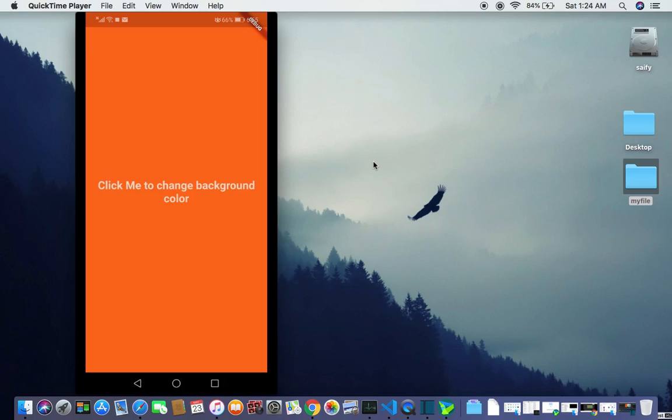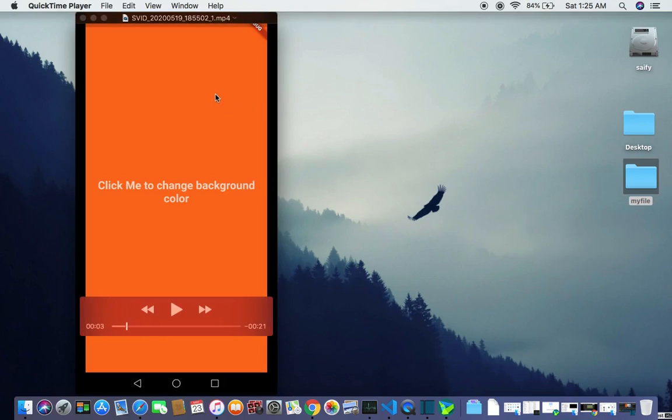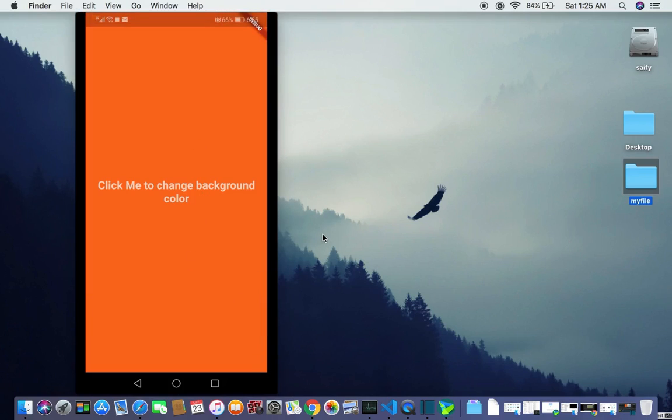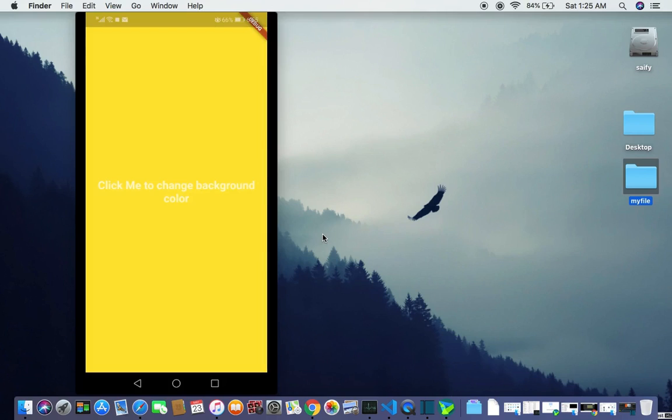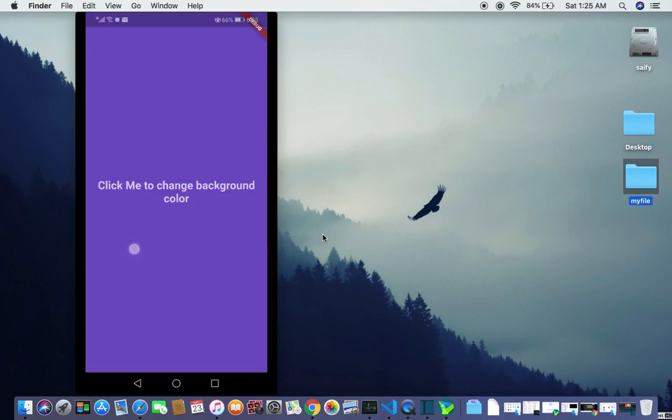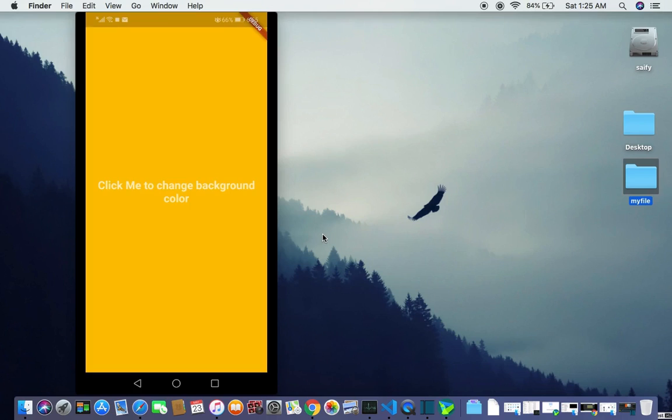Flutter is a tool used for mobile app development, and with one code base, you can target both Android and iOS. It uses the Dart programming language, which is extremely easy, and I have created my very first app in Flutter, which changes the background color when anyone presses the screen. Okay, I will show you the output demo of the app. When someone clicks on the screen, it randomly selects a color and displays it on the background.